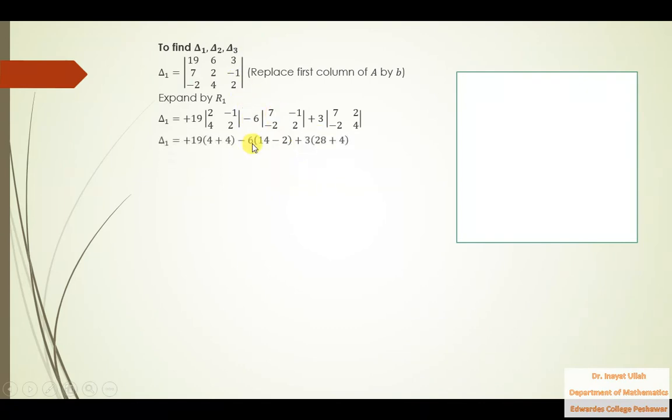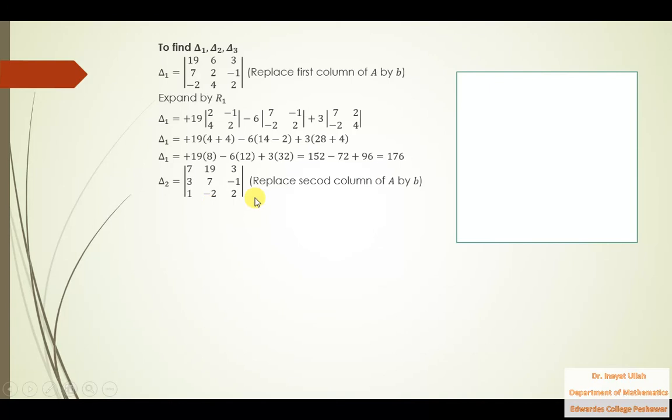Now expanding this determinant, 2 into 2 is 4, minus 4 into minus 1 is minus 4, so that is plus. 7 into 2 is 14, minus 2 into minus 1 is minus 2, plus 3 into that thing. So delta 1 is 176. Now delta 2